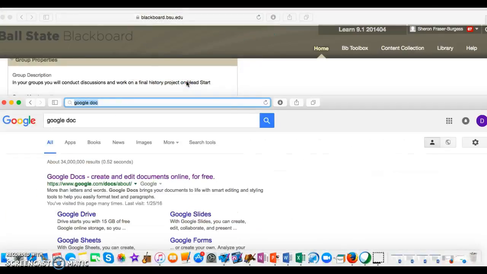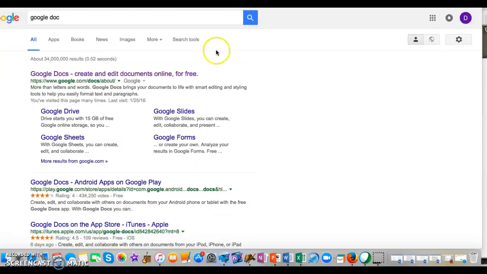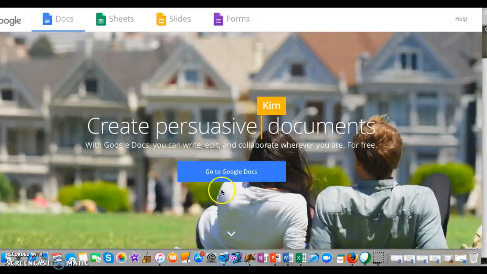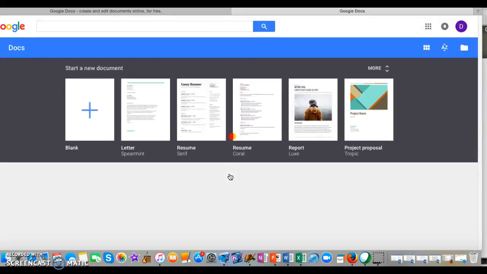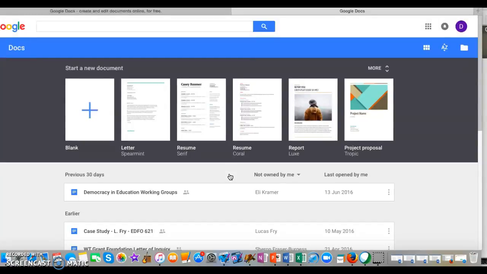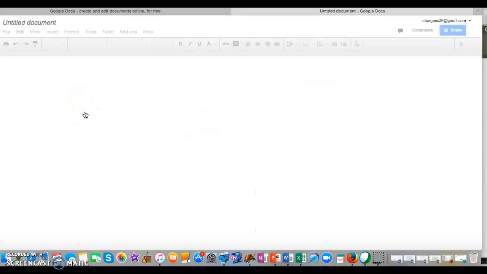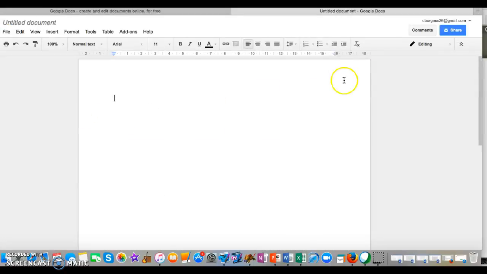I did, and in this case, if you're not familiar with this method, you simply click on the Google Doc button. And there you will be taken to this option to either sign up for Google Docs, or if you already have signed up, it would list all the documents that are there. But to start a new document, you simply click on that blank option,